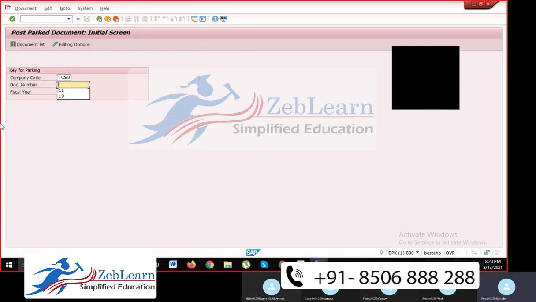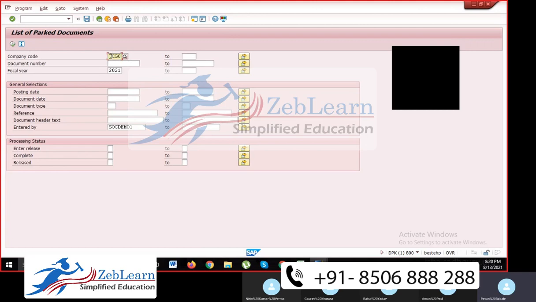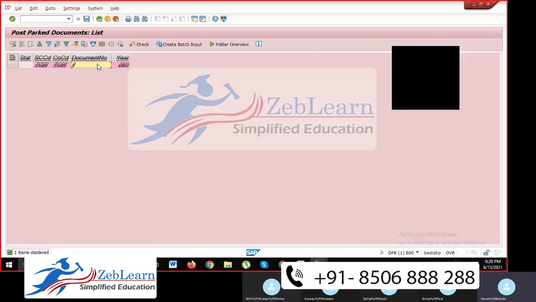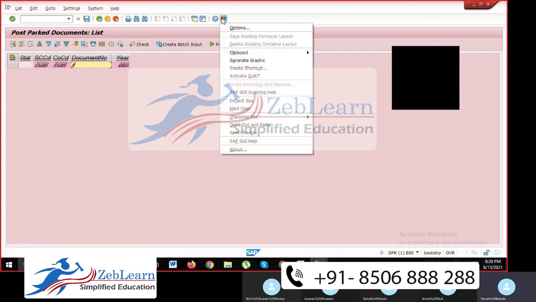And remove this document number, check all documents, how many entries are parked in your company code. So click on document list, give your company code. You can check here multiple company codes, from to you can give here. And you can give from document number, from what to what document number is parked. Now I'll just give one company code. It will show me all. Execute. See, there is only one document. Document number is 9. Document number 9 has been parked here. Someone has changed this.